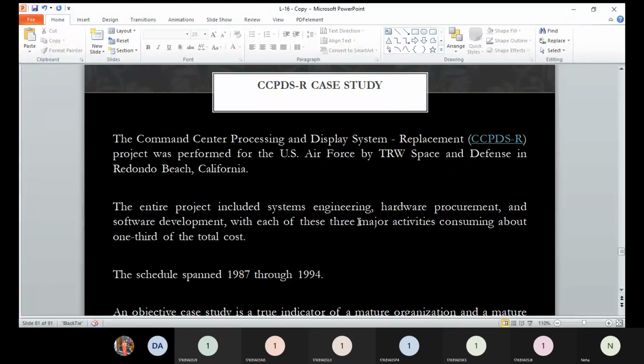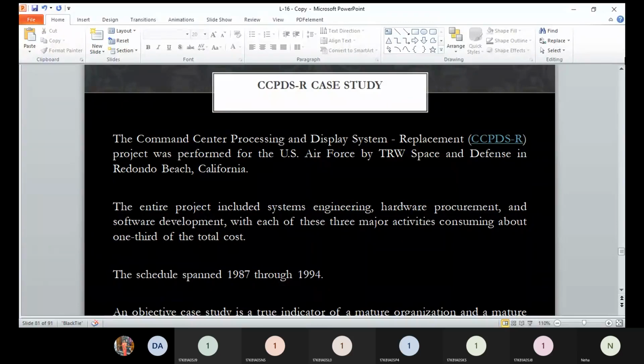The team members working on the projects can leave the organization, and some new people can join, but it should not affect the project. So just to make you understand how projects happen in organizations, this case study has been presented in your syllabus. So let us see.